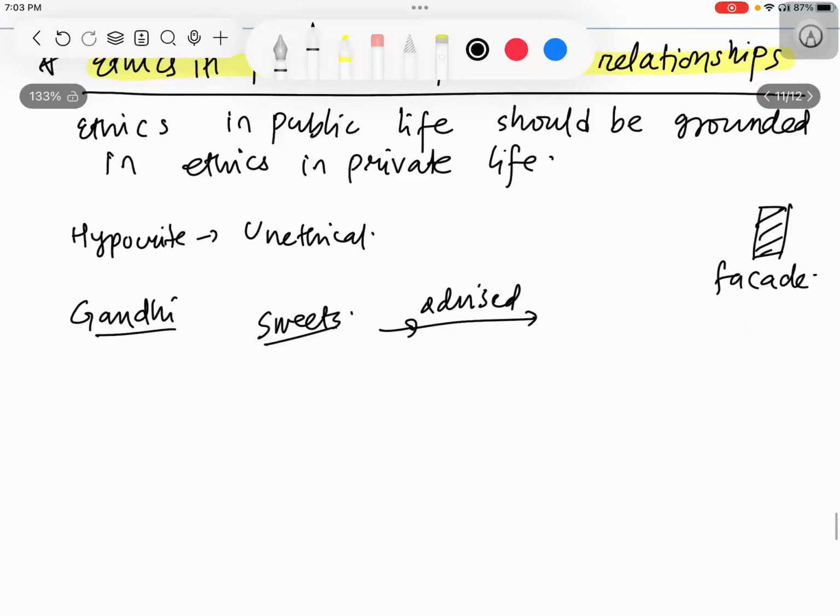Is this not an example that first he ensured that in the private sphere he should be ethical, then he should be